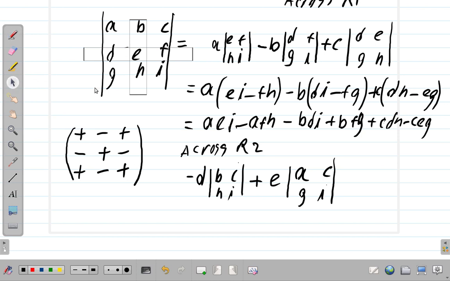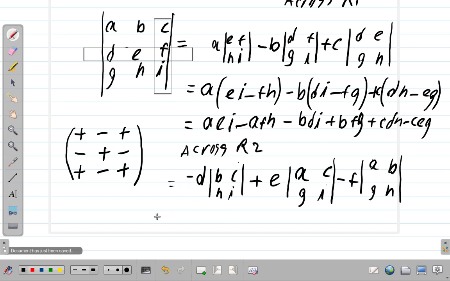You go across. What you have is F. So it's a negative F based on the sign here. And then the uncovered elements are A, B, G, H. Are you going to find that determinant? So what we have here now is negative D times BI minus CH